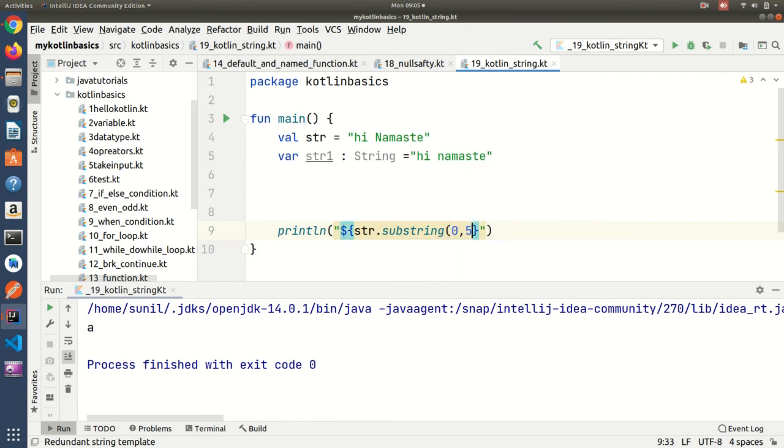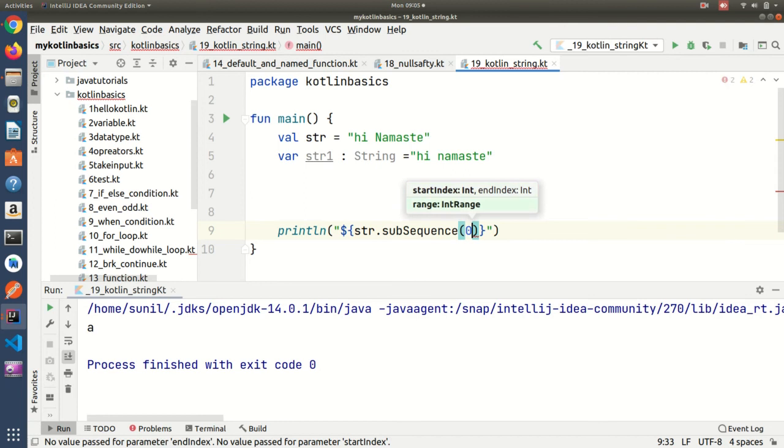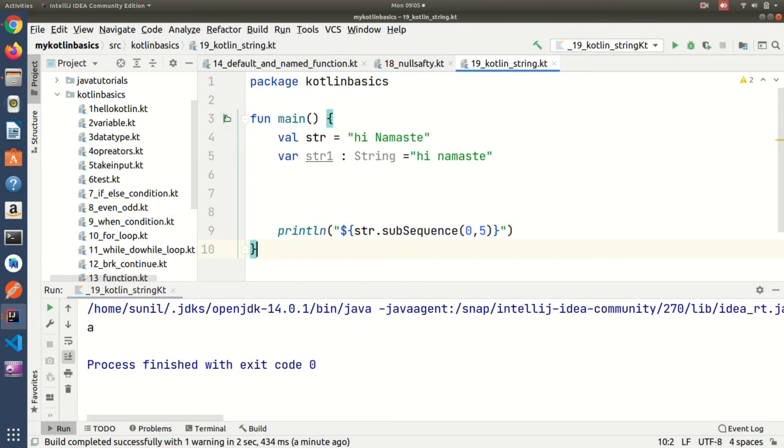Sorry, subSequence. So here in subSequence I need to put start and end. Now we'll check what output is coming. Hi and NA. So 1 2 3 4 5, till 5 it got printed.